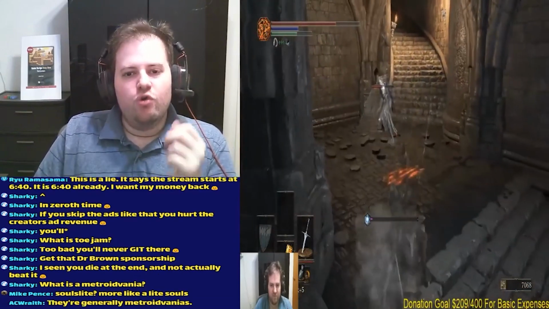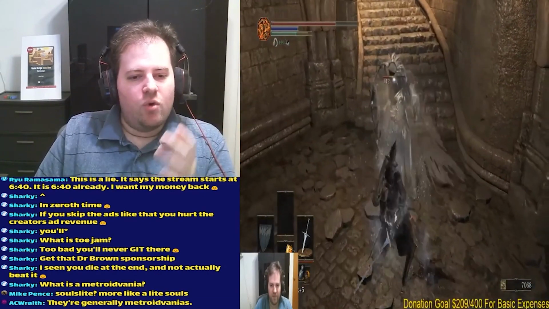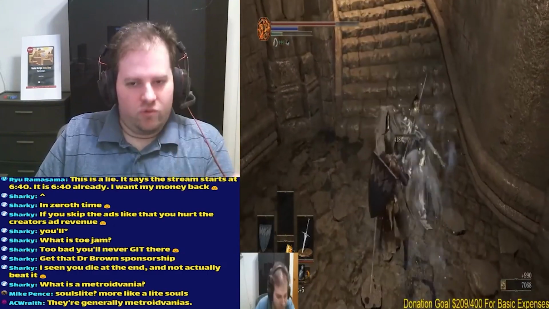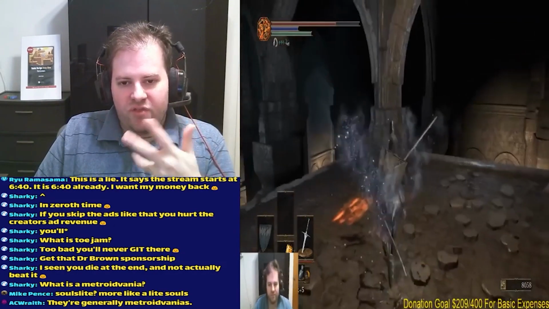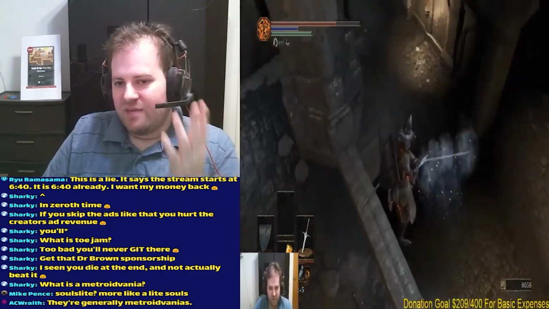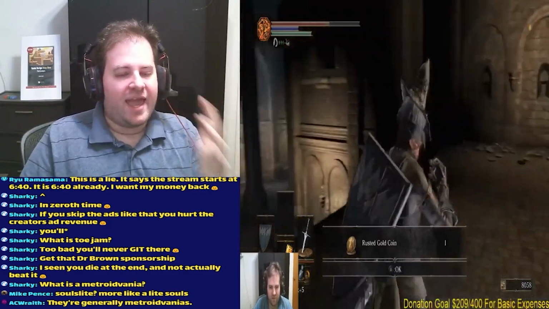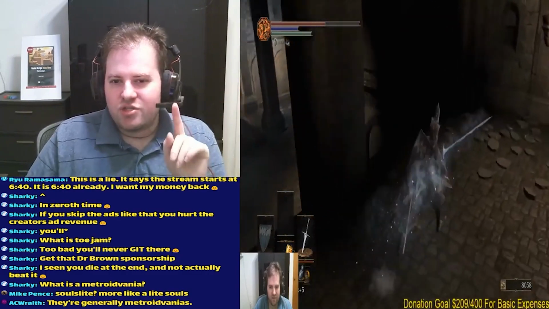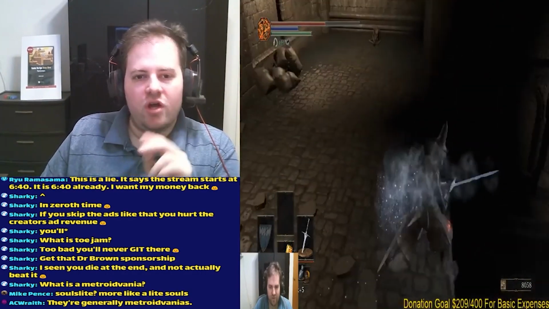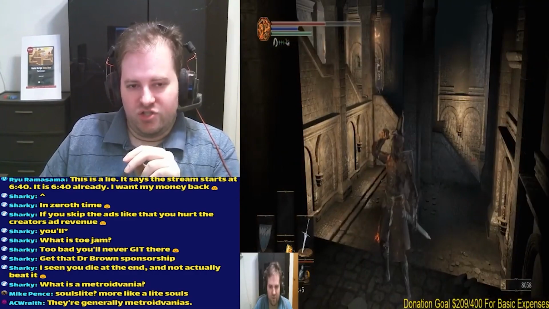Soulslikes deal with handmade or hard-coded worlds. Again, with the From Software series, every blade of grass, every jump, every item placement is handmade. The only small exception to that rule was Bloodborne with the Chalice dungeons.